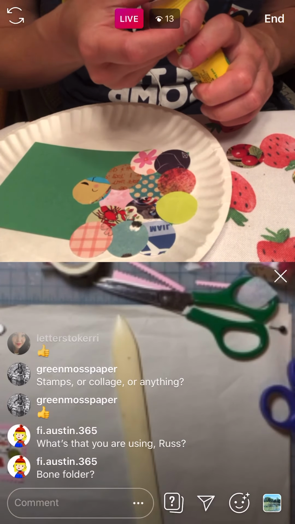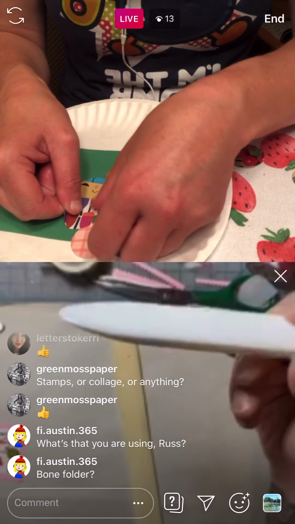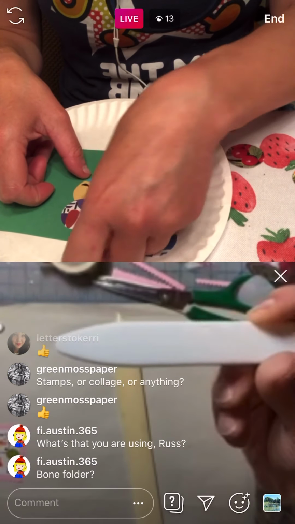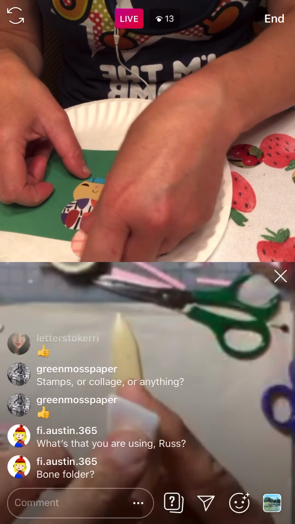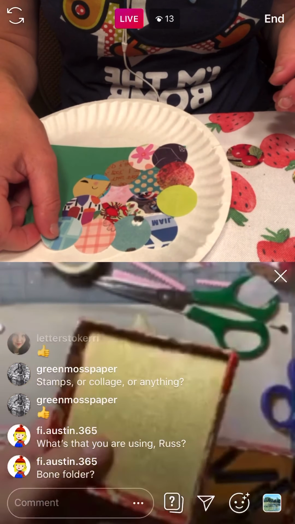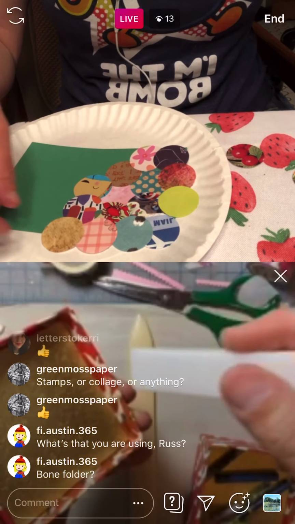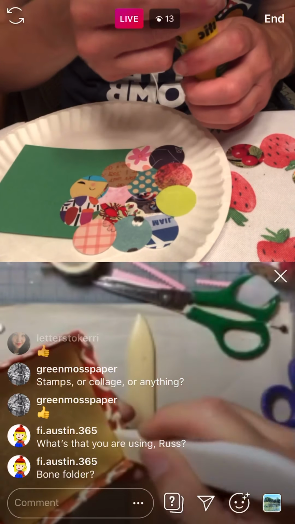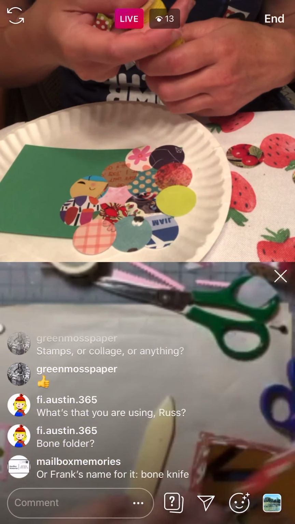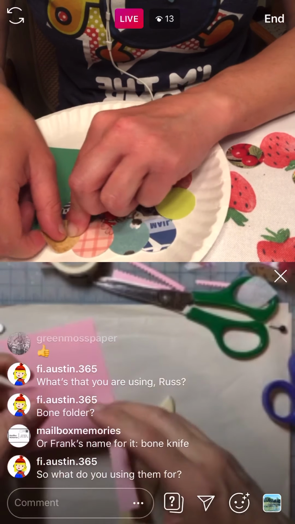That is a Teflon bone folder. Here it is. And the nice thing about this is that glue doesn't stick on this because it's Teflon. The other thing is it's nice because you can get into the corners if you're working in boxes. If I need to get into this corner here, this particular one has that flanged edge so I can actually get down here. And the best reason to use a Teflon as opposed to a true bone folder is that,